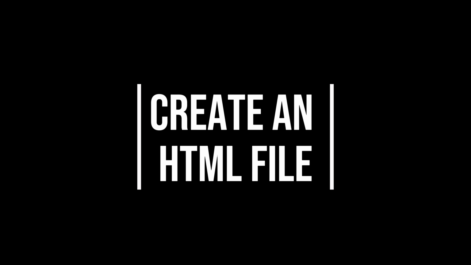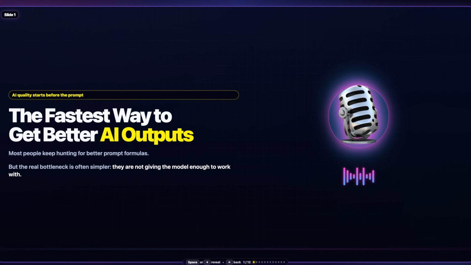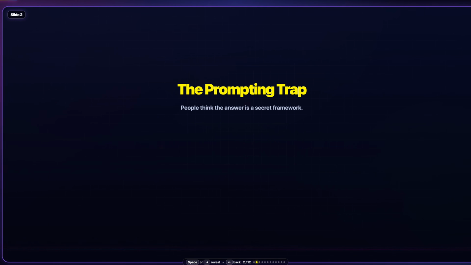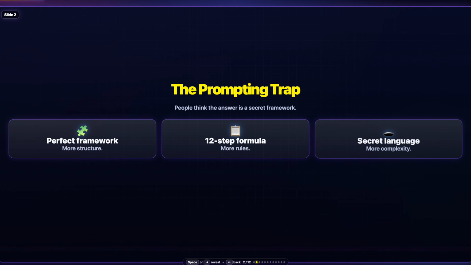I like to have it scroll left to right, just like a typical presentation. You might decide that you want to be able to scroll all the way down it like a regular web page if you're doing something like a landing page or a sales presentation, maybe you want to just scroll and have everything kind of come in that way. That's entirely up to you. Me personally, I like the presentations that move left to right. And that's what I tell it. I say, I want this to be like a presentation that you can move left to right.